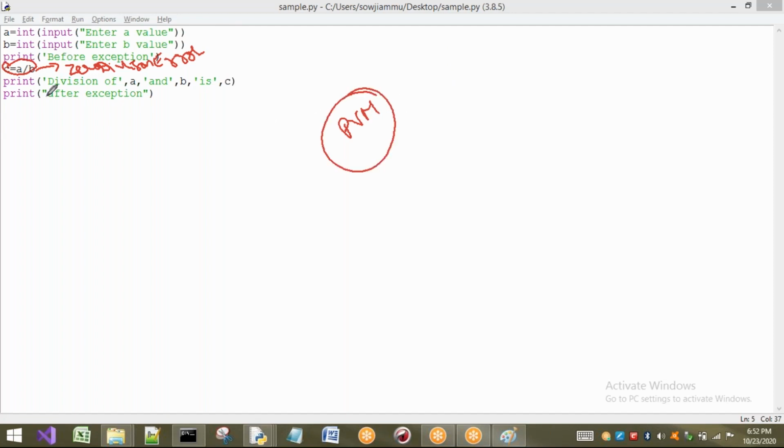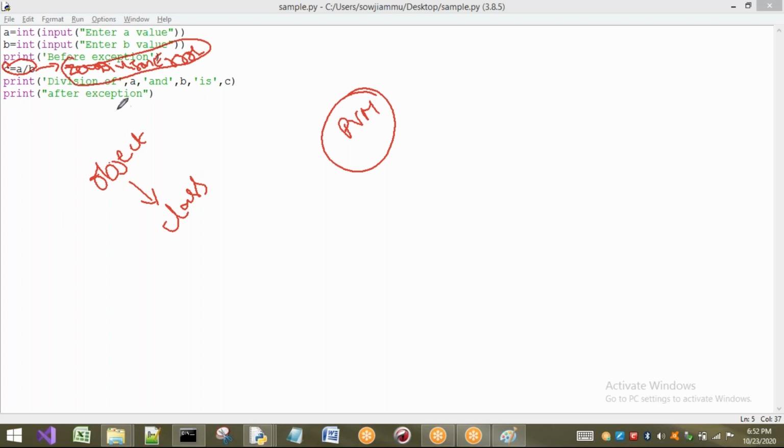Already we have discussed that every exception in Python is an object. If it is an object, compulsorily there should be some class for that object. For that exception, what is the class name? ZeroDivisionError.